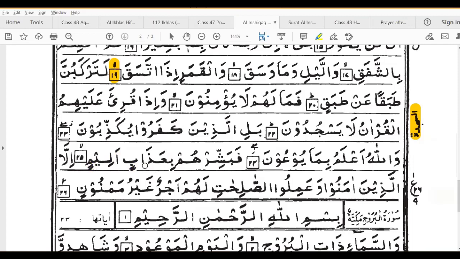فَبَشِّرْهُمْ بِعَذَابٍ أَلِيمٍ. Fabashirhum azabin